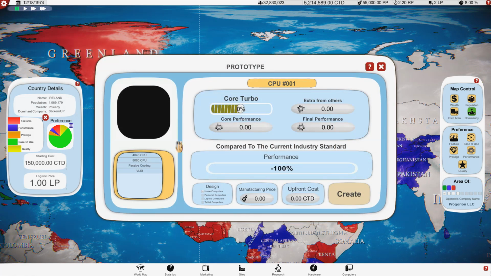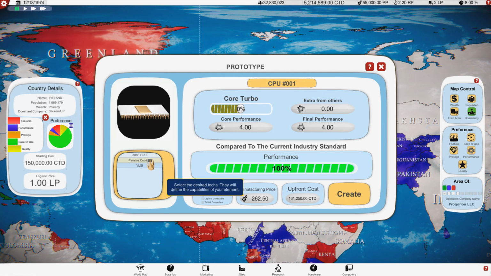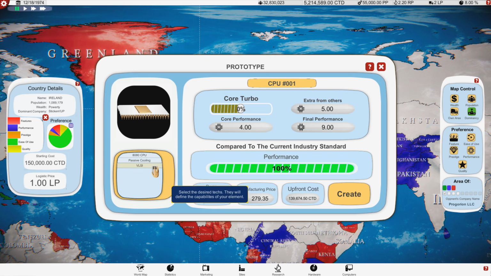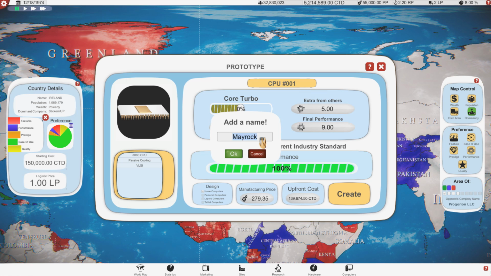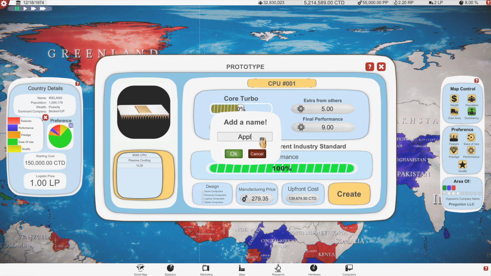So let's go ahead. We're going to make a new CPU. It's going to be the 8080. It's going to be good. It's going to be real good. We're going to put some passive cooling on this. We're going to put some VLSI on this. I don't know what VLSI does, but hell, we're going to do it anyways. And we're going to call this one, last name was Mayrock. This one we're going to call Apple Spring